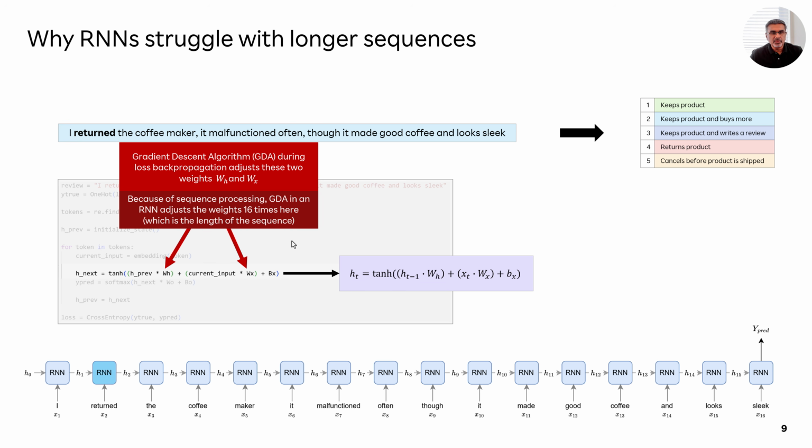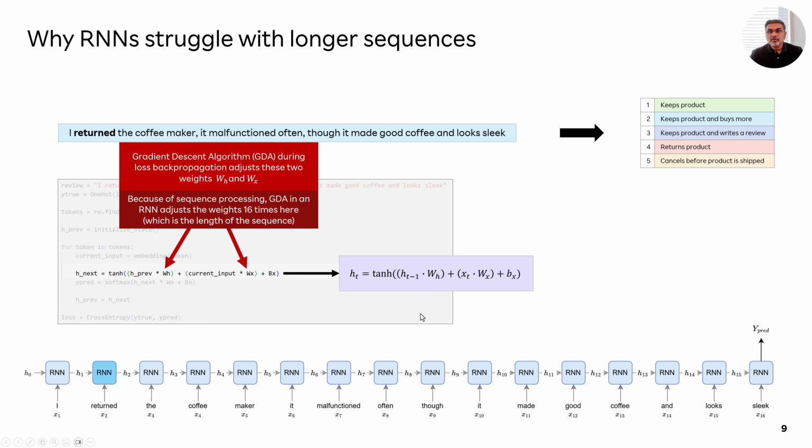Because a recurrent neural network has a loop, backpropagation not just adjusts the weight once over here, but adjusts the weight once here, then adjusts the same weights again in the previous timestamp, again in the previous timestamp, and so on. I actually explained this in the previous episode. It's called backpropagation through time.